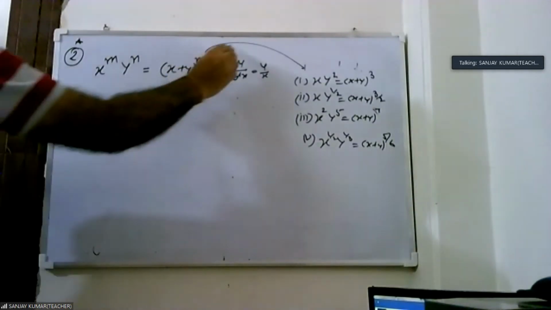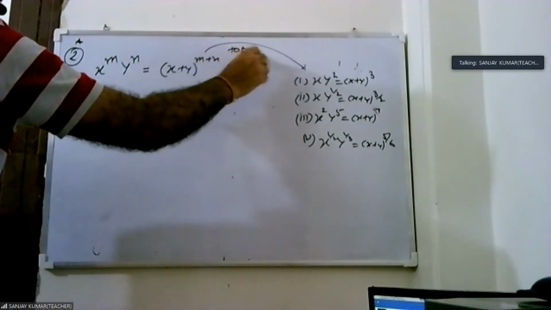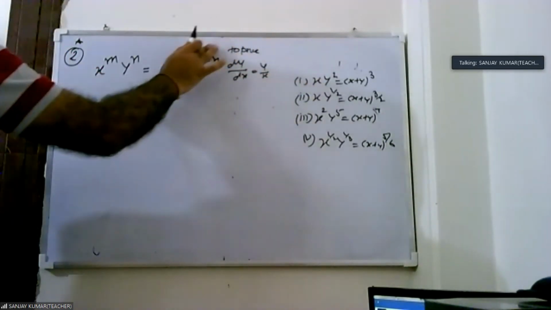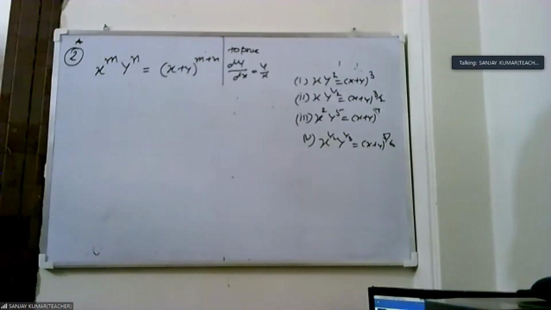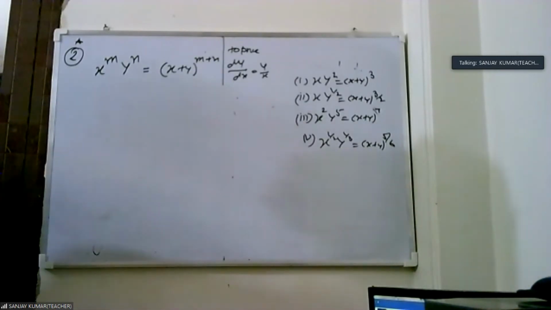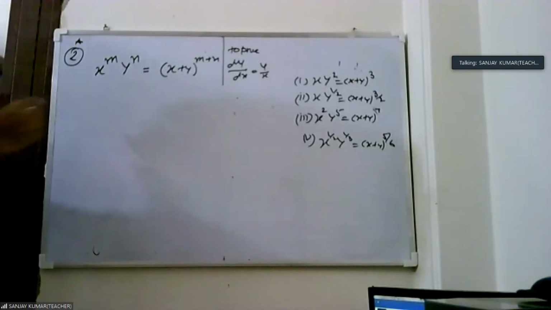The question is that to prove this, the only star mark thing is that it is a question of log. Okay, this is a question of log, and this is not characteristic m and n. We apply log when the power is in the form of x. Here the power is not in the form of x, but still it is a question of log. Okay, so we are applying log here.